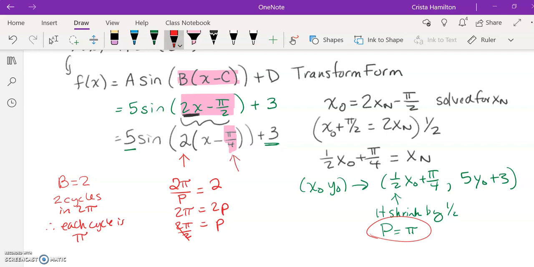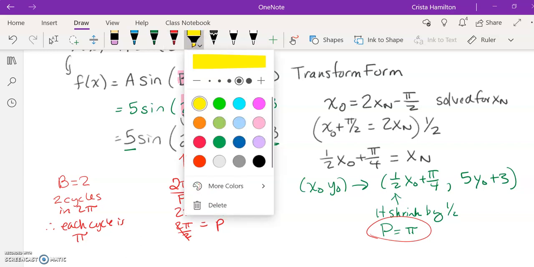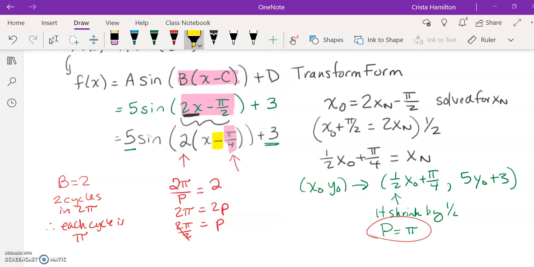So notice that this is minus pi over 4, and again, it is a minus in the equation. Remember this idea that we always do the opposite of what is inside of the equation, because inputs always do the opposite. Part of the reason was in the solving process: because it was a minus here, when I solve, it ends up being a plus right here. So to do the opposite, we know that here we went to the right